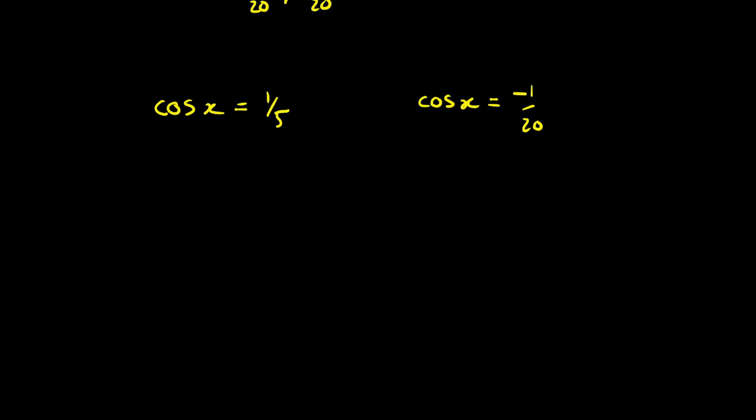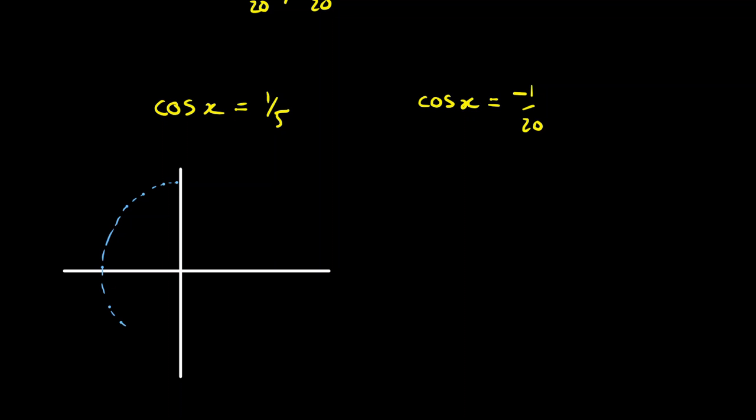Now, there are a couple of ways to do this. We could use the graph of cos x, but I think it may be better here to use the unit circle. So I'm going to draw out the unit circle. A unit circle is a circle with radius 1. Okay, right, like that. And I'm going to try to explain this method more thoroughly in another video, but hopefully you should be able to get the basic idea here. If I got a circle with radius 1, like that,